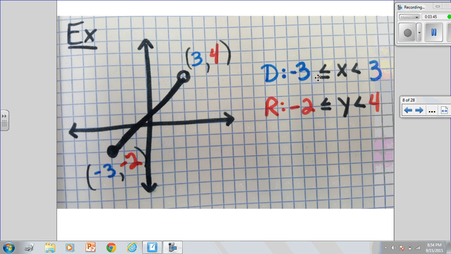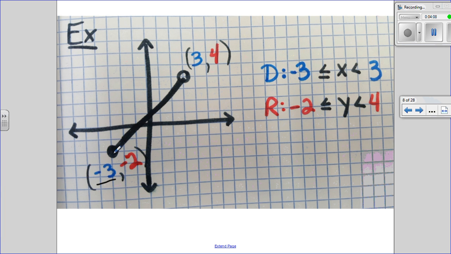Okay, so it's always going to be x less than, and y less than. The symbols will face the same direction when there are two numbers involved. Okay. In order for us to decide whether or not to put this line, we have to look at the closed circle. If you look at this over here for our domain, this is a closed circle, so therefore this right here was a closed circle,